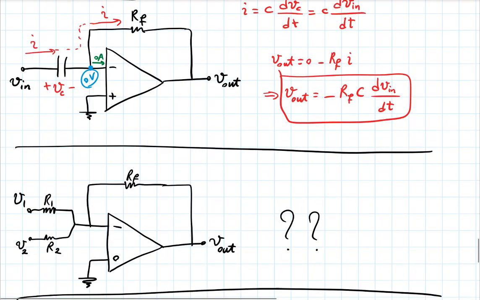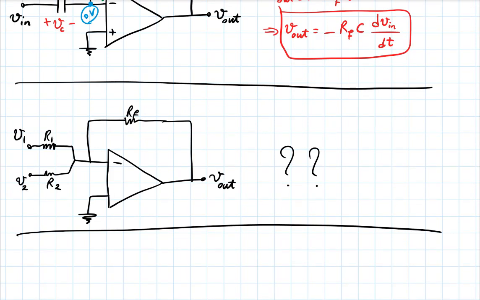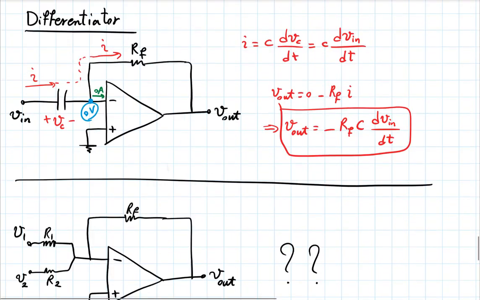Well, I'll tell you the answer. This is an adder, a summing amplifier. With some ratios, it will give you a scaled version of V1 and V2 added at the output. But try it at home and we'll do together. Oh, this is meant to be plus, not zero. So if you can